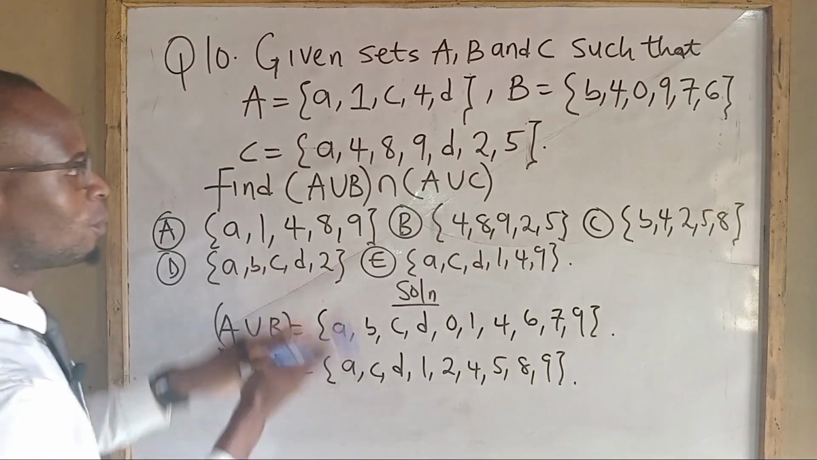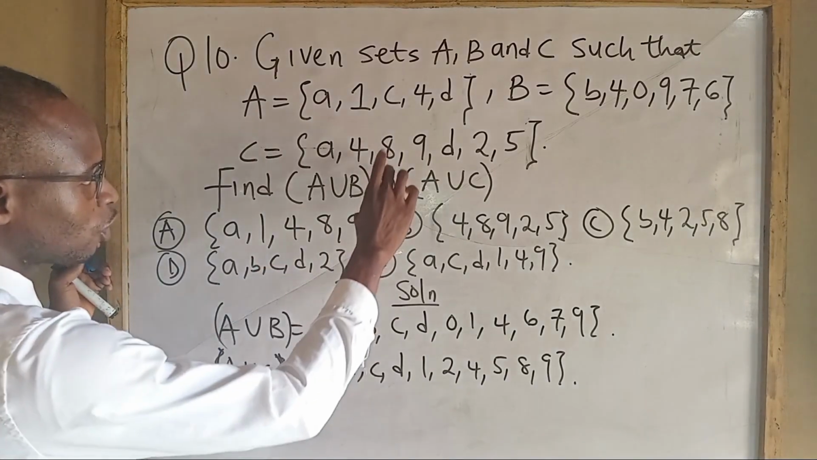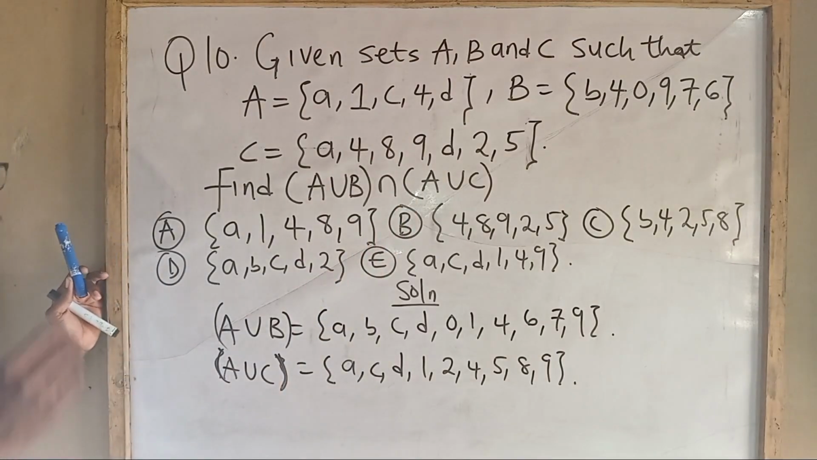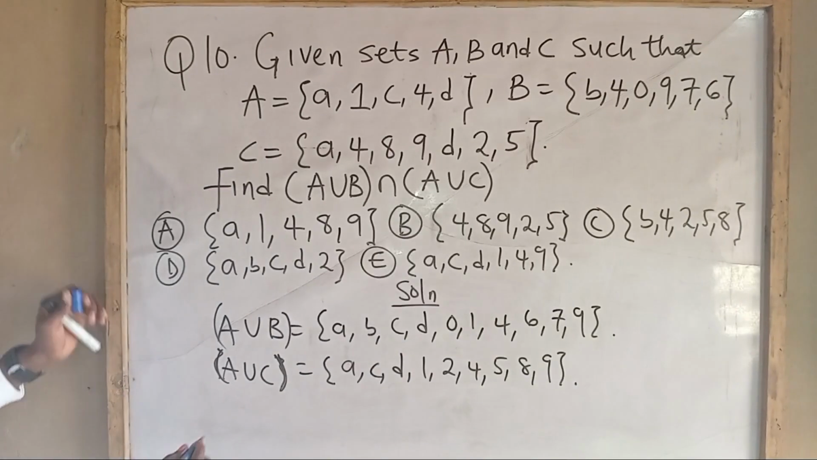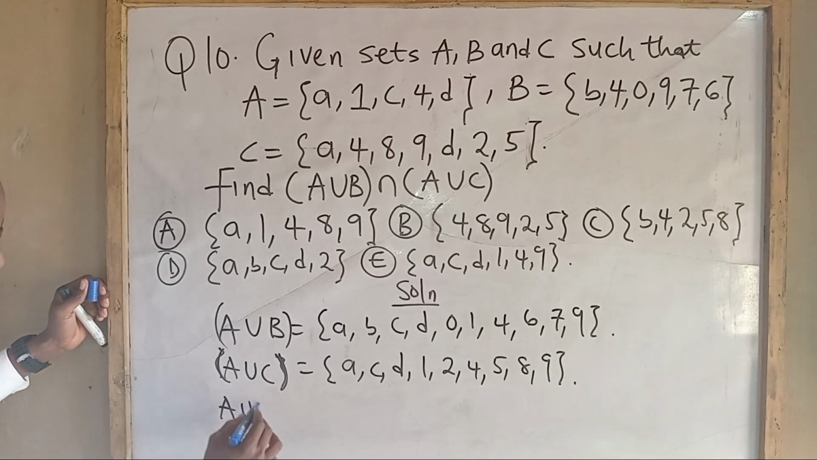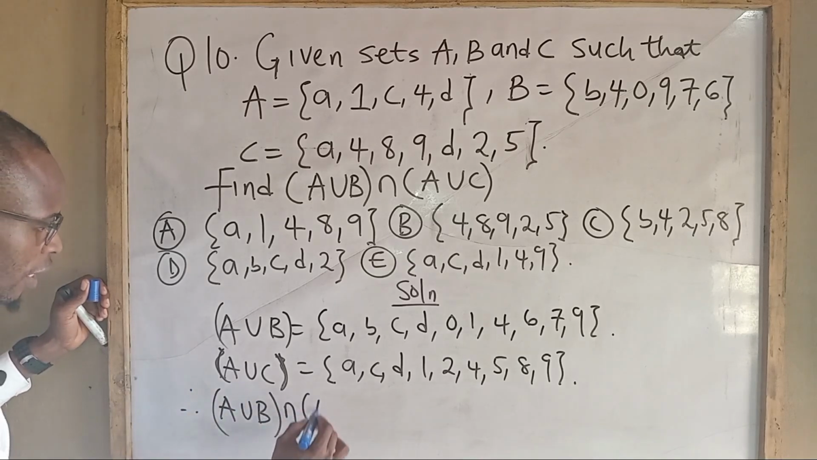So we have this combination now. We now follow the rules of intersection. Intersection means what is common to this A union B and A union what? C. So let me just put that here. Therefore, A union B intersects A union C